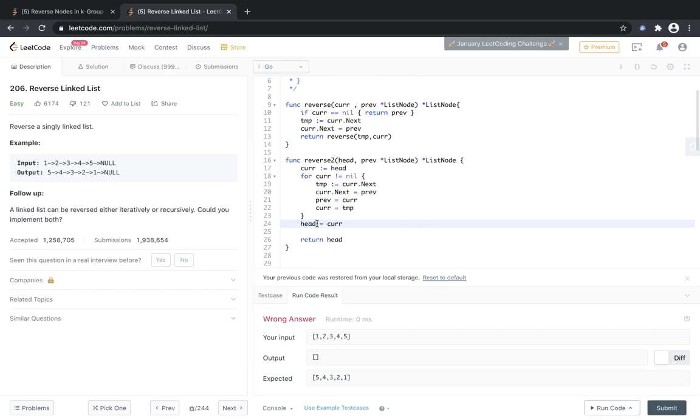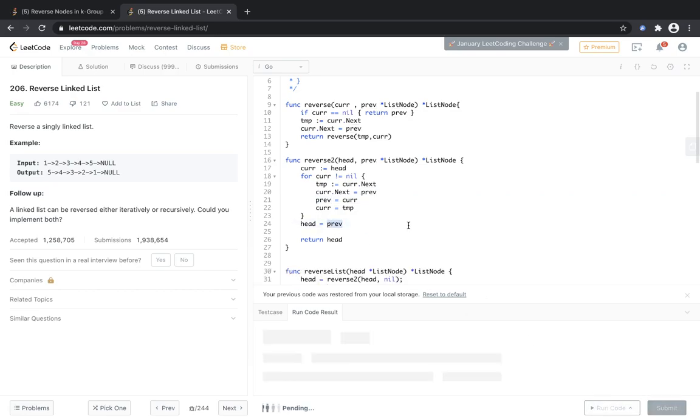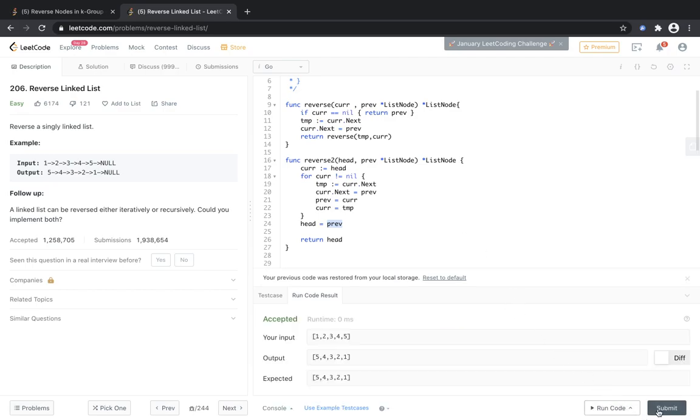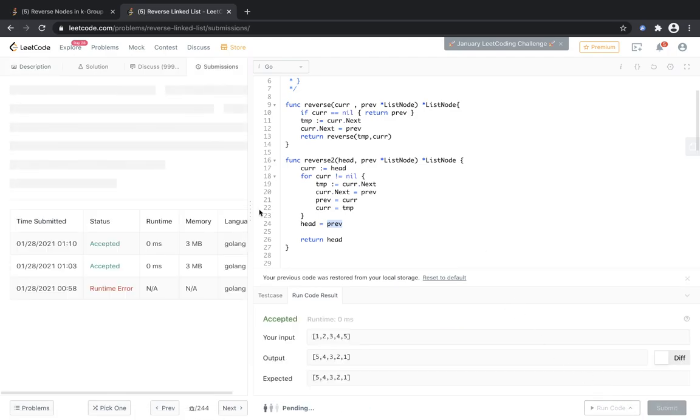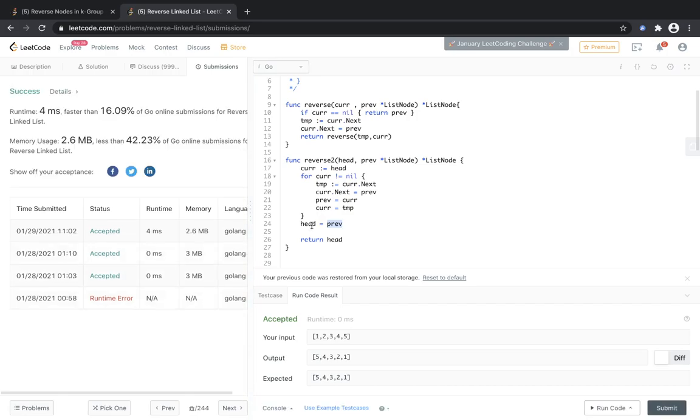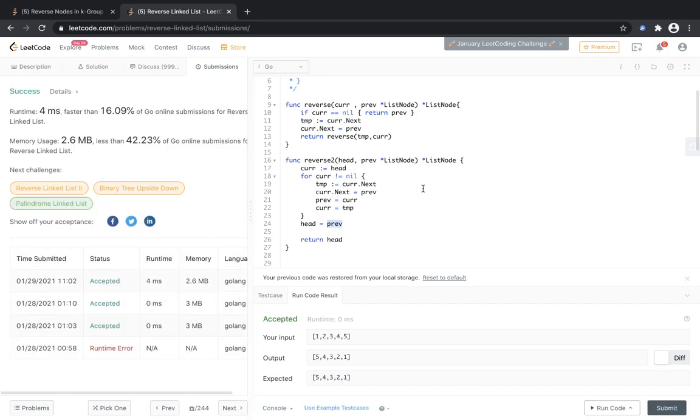And okay, so you can see the mistake. Head should be equal to previous, not current, because current is pointing to a null pointer. So head should be equal to previous, and running this code. So this code should work, and it's accepted. So this was using while loops.